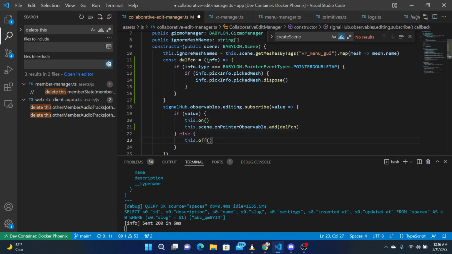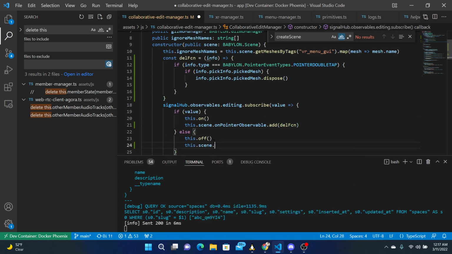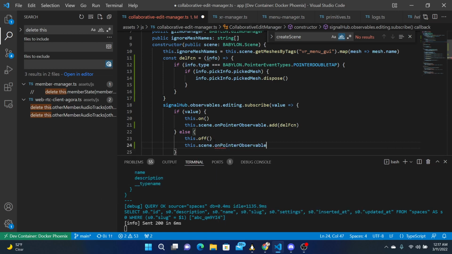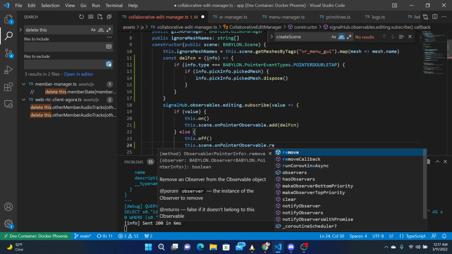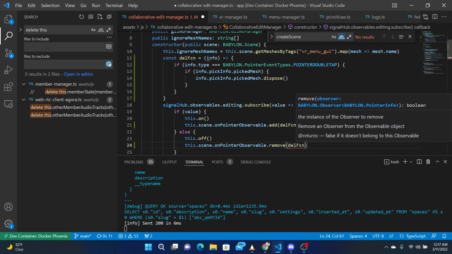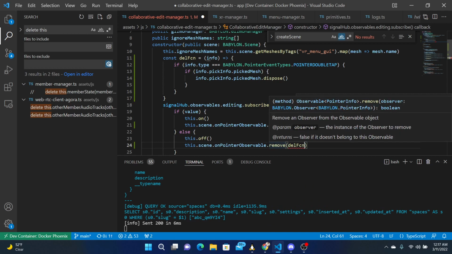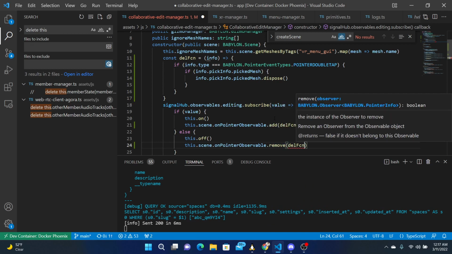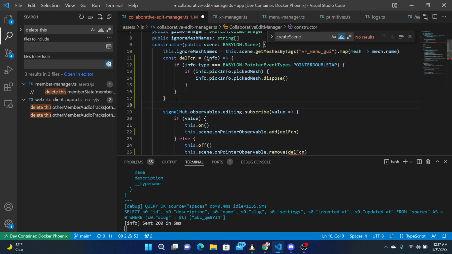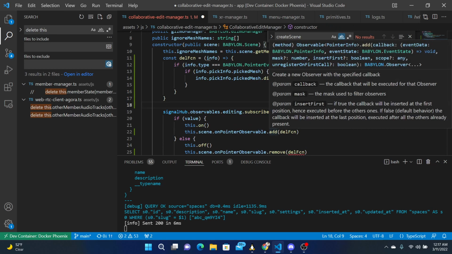And if you're switching off, then we'll do scene on pointer observable, but now we remove delete function. Oh, I think it needs to store the observable. This should return